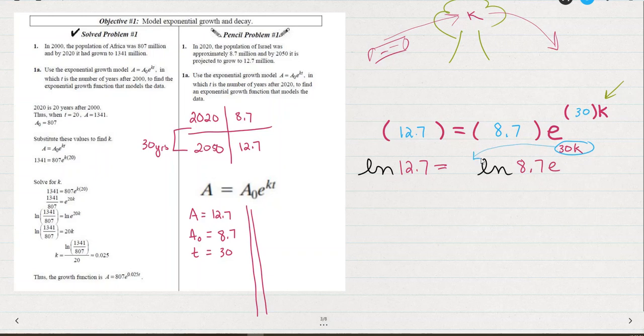When we have a log of something with an exponent, it's equivalent to the product of that exponent times the log. So in other words, this 30k can fall down to the front. Now to solve for k,